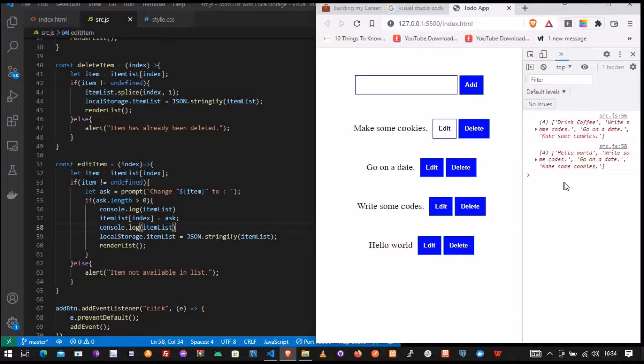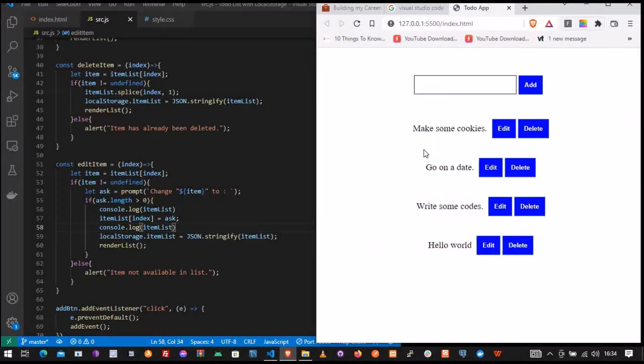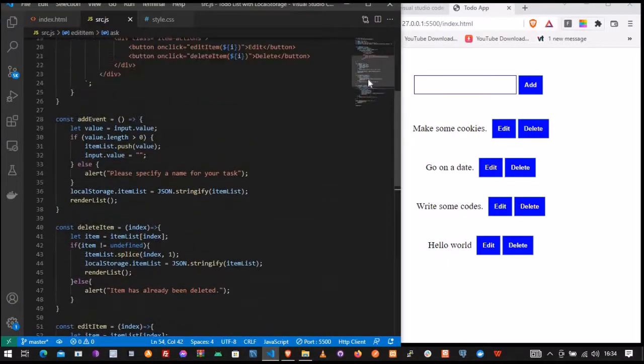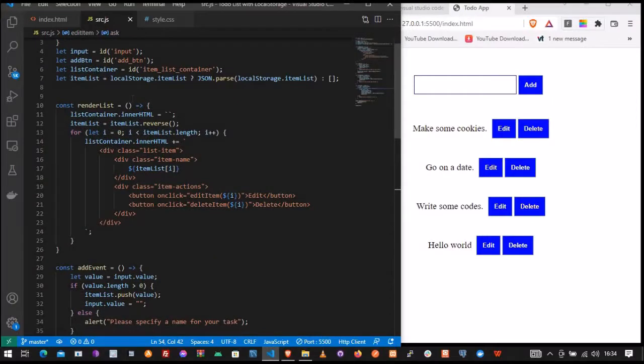Okay, I think I understand what the problem is. The list is always getting reversed. Okay, so we need to add some logic here that is going to say